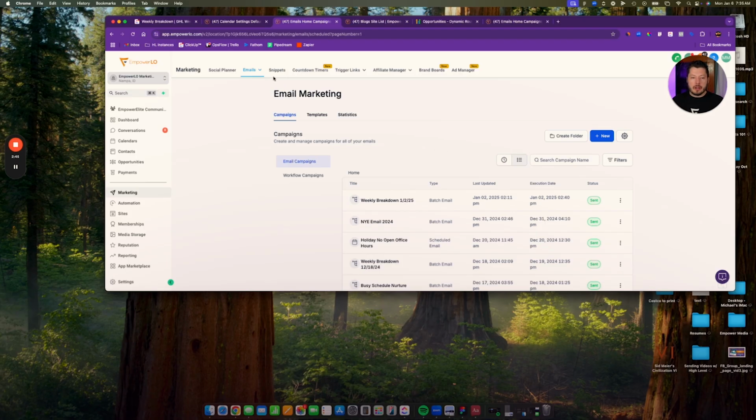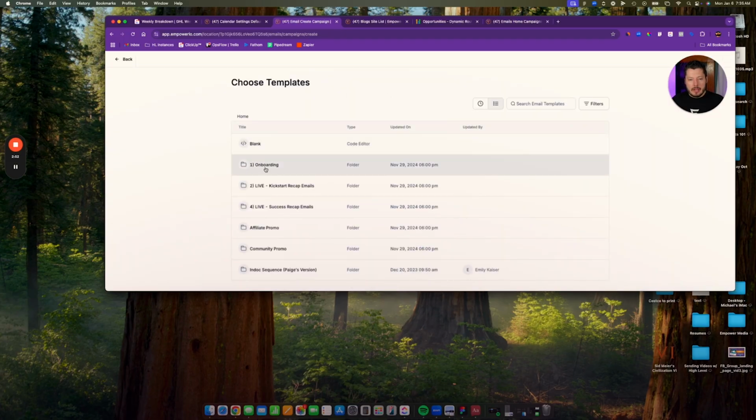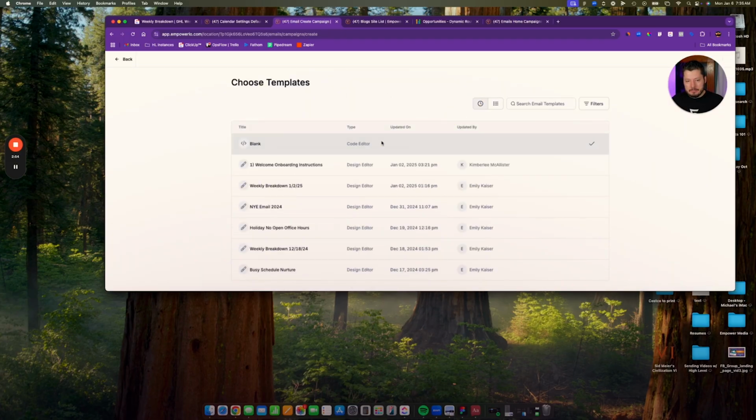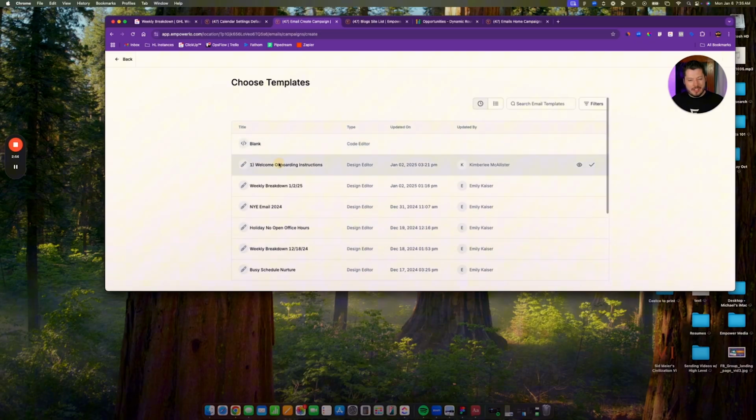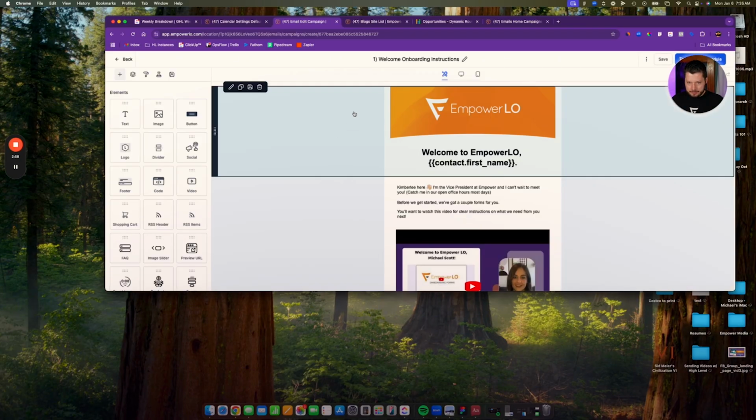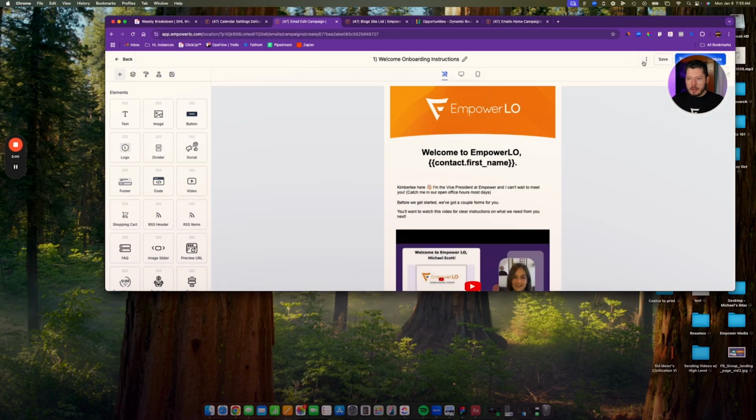So if we come in here, we go to email marketing. If you click on new campaign, you can choose one of your templates that you've already created. Come in here, right? I'm gonna pick one of these. This is just for show. So I'm gonna pick onboarding, awesome. Now, if we click on sender schedule,